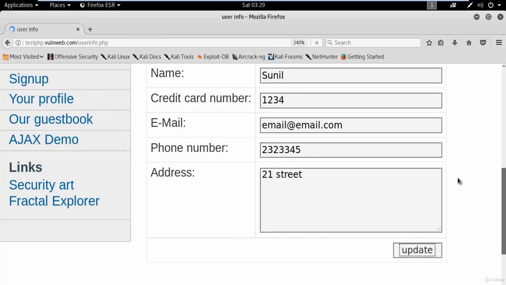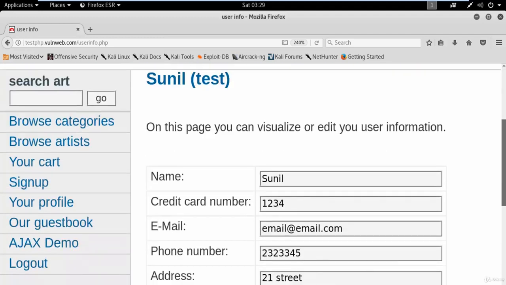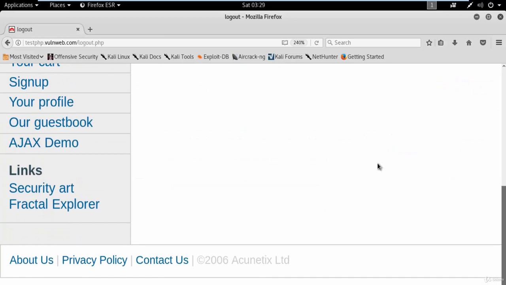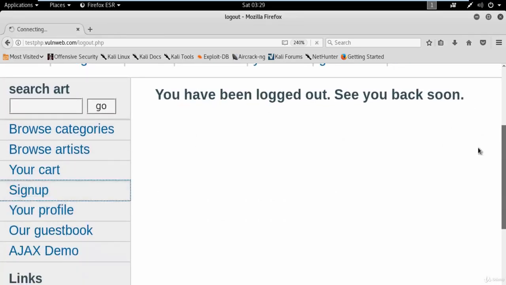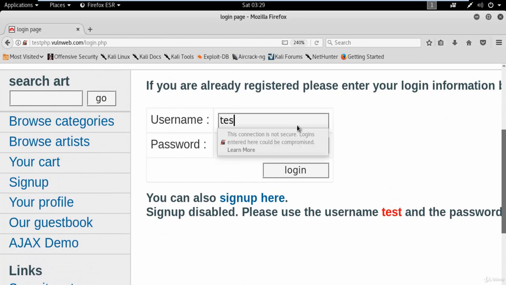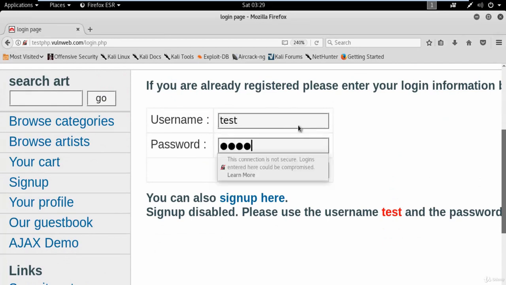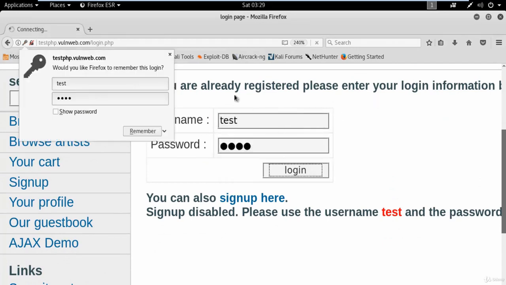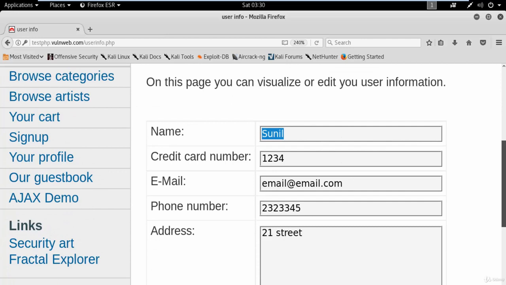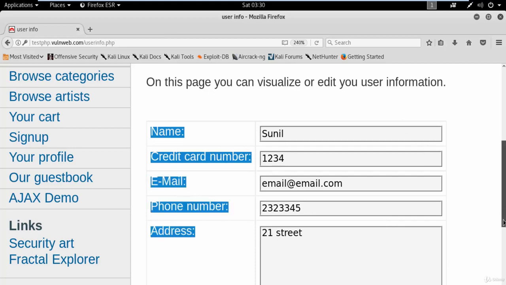So click on update, right? It has been updated. Let me log out. Let me log in again. Let me click on sign up. And if I type here test and test, and if I click on login, then you can see here that my name has been updated in the database. Basically, I have updated their database and I have put my entries inside it. Got my point? So you can basically update their database easily,